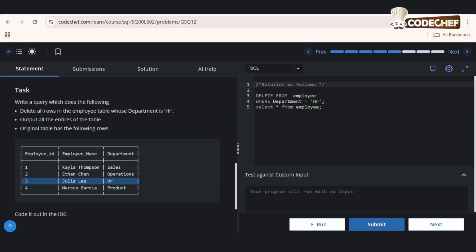Coming to the query, DELETE FROM, which we have written as it is, then employee, the name of the table, then the WHERE clause: department = 'HR';